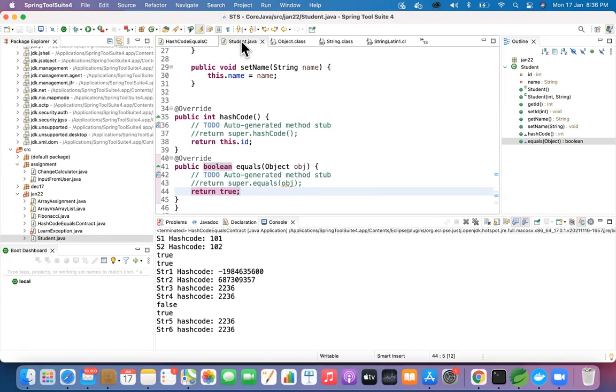So within the equals method, we'll have our logic. Comment that return and create one if condition: if the current object this double equal to obj, return true.